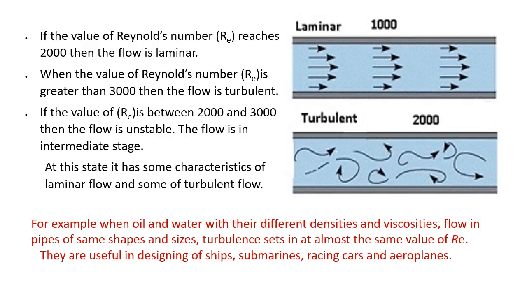Importance of Reynolds number. If Re lies between 0 to 2000, the liquid flow is streamlined, and if Re is greater than 3000, the liquid flow is turbulent. But if the value of Re lies in between 2000 and 3000, then the flow of liquid is unstable. It may change from laminar to turbulent and vice versa. The exact value at which turbulence sets in a fluid is called critical Reynolds number.